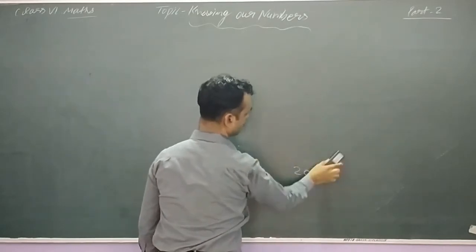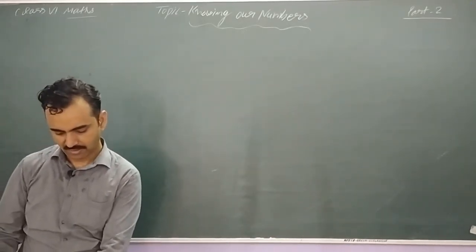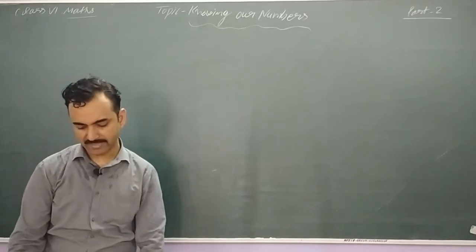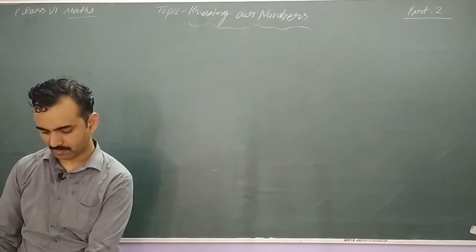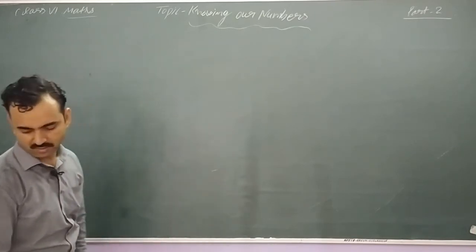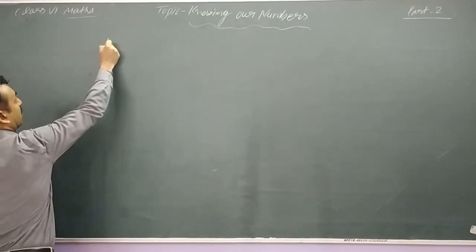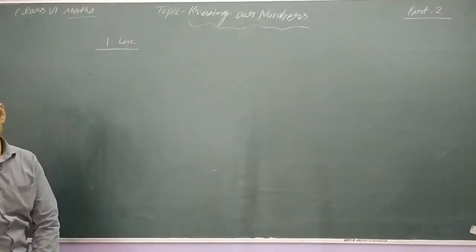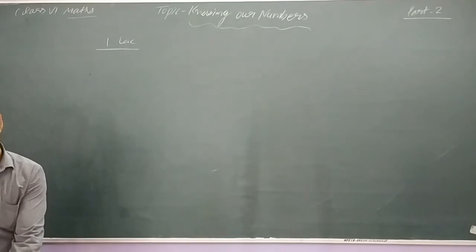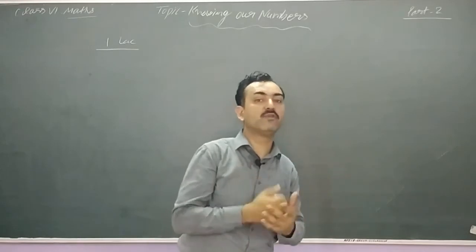So we have understood the place value system here. We have revised. Now we will understand about 1 lakh. You can say 1 lakh. So how was 1 lakh formed? To understand 1 lakh, just now we understood how 10,000 was formed.